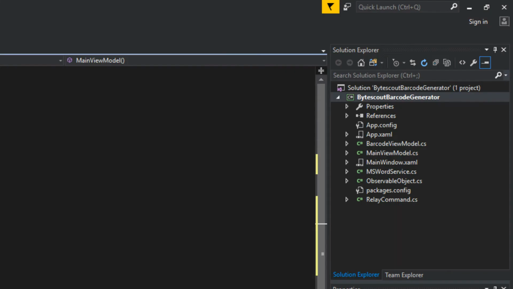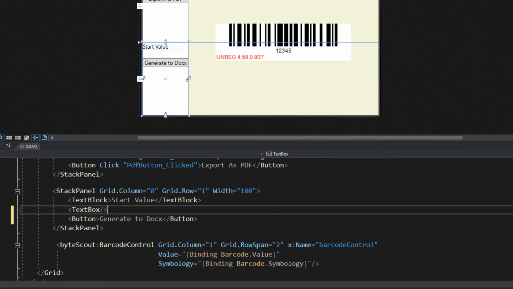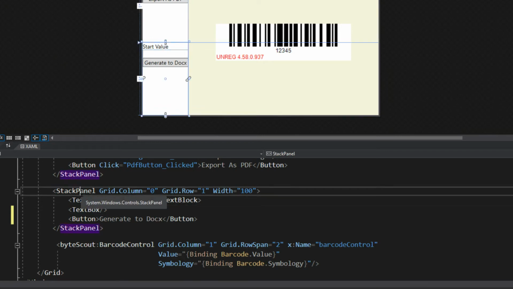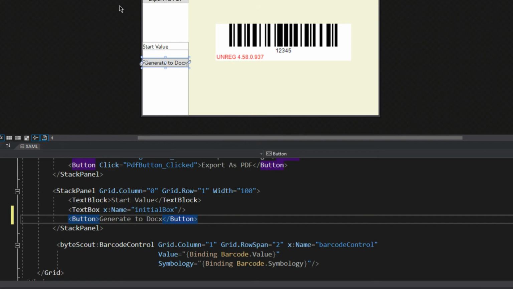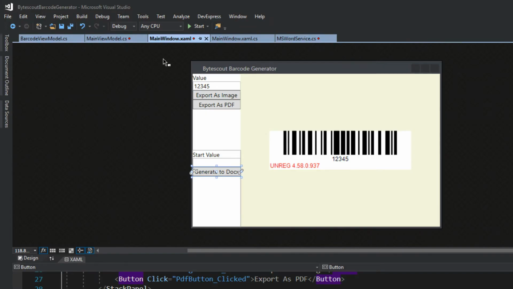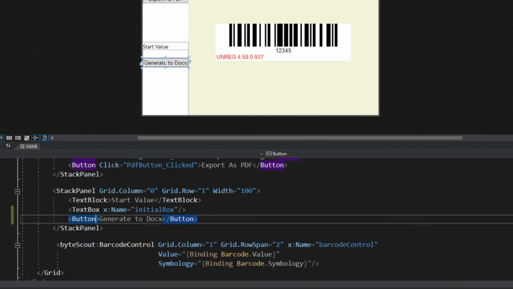So now that we have this, we're going to go over to our main window here, and we're going to go down to our XAML, and we're going to find our start value in our stack panel for generating. First, we want to name our actual text box here, which will be the initial value. We'll call this initial box. We then want to go to our button, and actually before we do all of this, make sure we go to the top here and let's build, because I know we're going to have a problem with XAML. Okay, now that it's rebuilt,